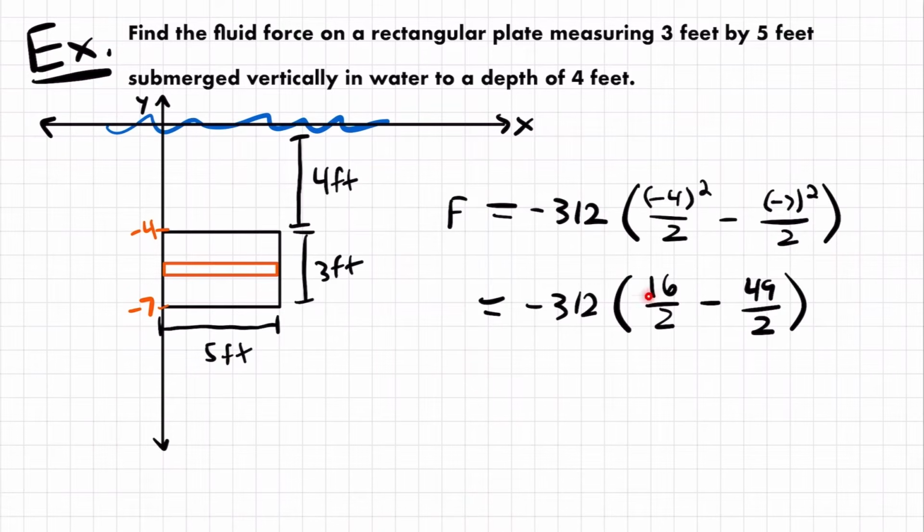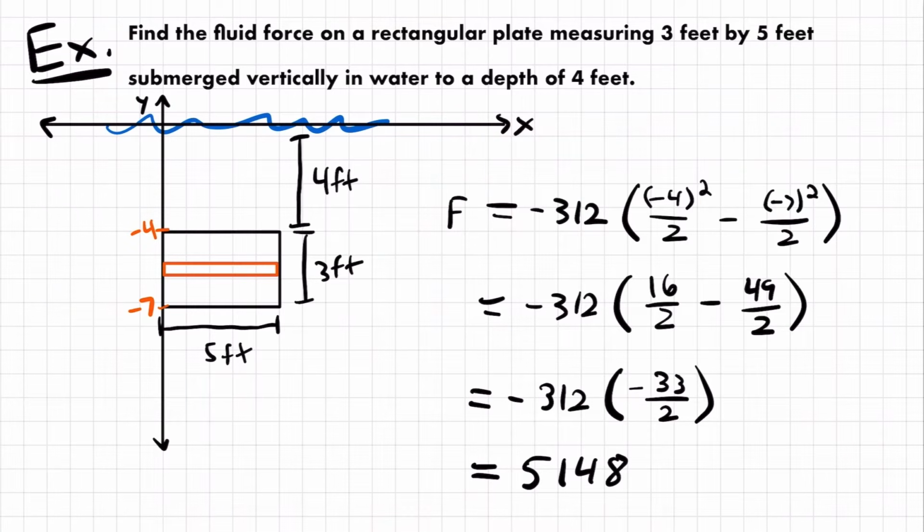And then 16 halves minus 49 halves will be -33 halves, and so this is equal to -312 times -33 halves. And if you multiply -312 times -33 halves, you will find that the fluid force is equal to